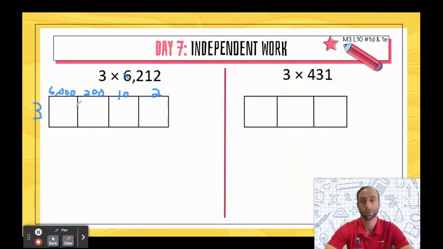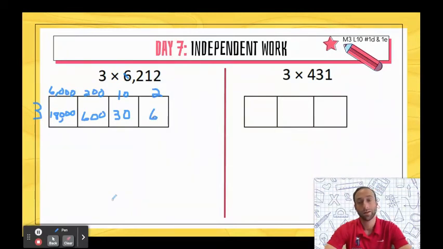All right, so let's do my zeros trick. I have 3 zeros. And 3 times 6 is, all right, you got it, it is 18. 1, 2, 3, comma. Now in the hundreds place, I have 200, so there's 2 zeros there. And 3 times 2 is 6, so I have 600. 3 times 10, that's another math fact, you guys should know that. That is 30. And 3 times 2 is